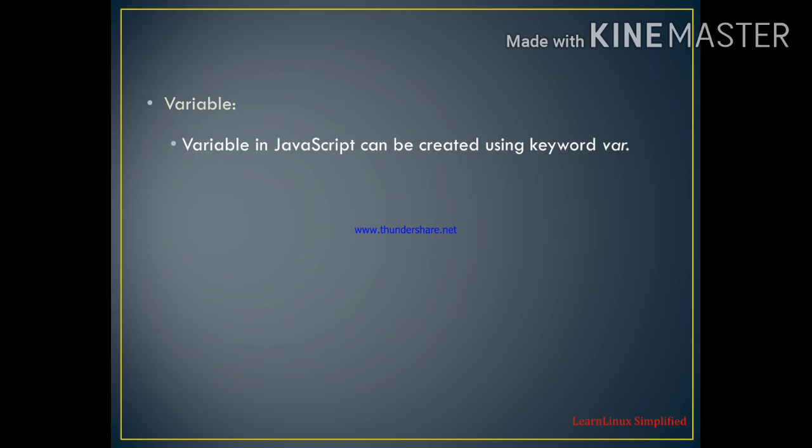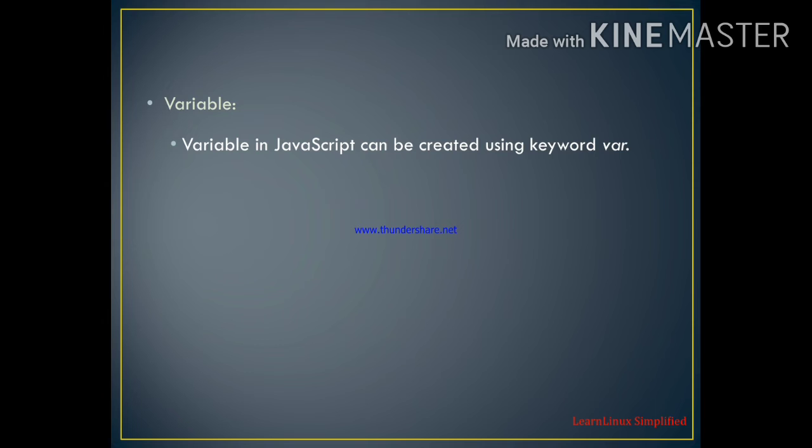Means it is not like in one variable we can store only a numeric value, in another variable only a character value, in another only a floating point value. It is not like that. We can store any kind of value in any variable, right? So that is why it is called loosely typed.